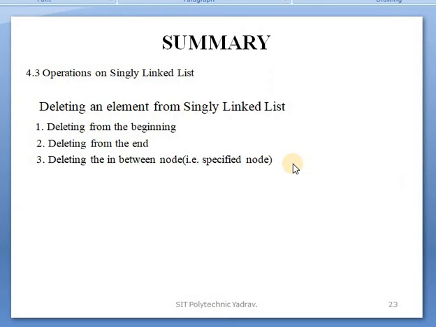Clear that program. This menu driven program is important. It is also considered in practicals and in the board exam. But the board exam does not ask for the biggest program. In 90% of cases, the program asked is only for the beginning of the node, deleting, or deleting a middle element, or deleting the last node. The questions are asked this way. Apart from this, most questions are asked on the theory part, or to show the programs diagrammatically.